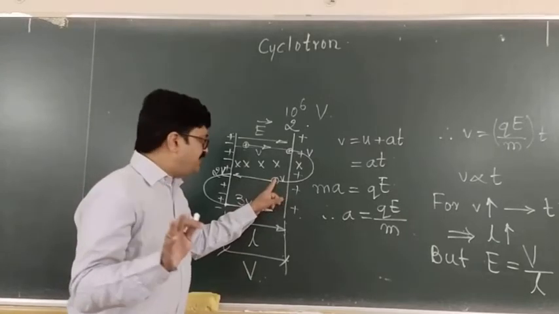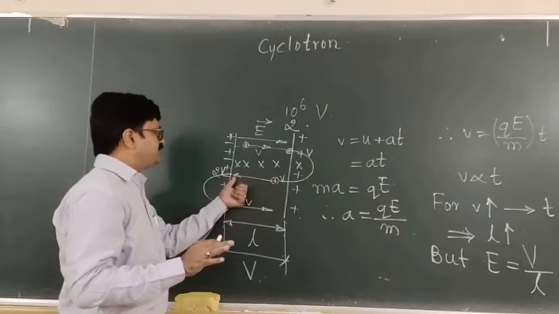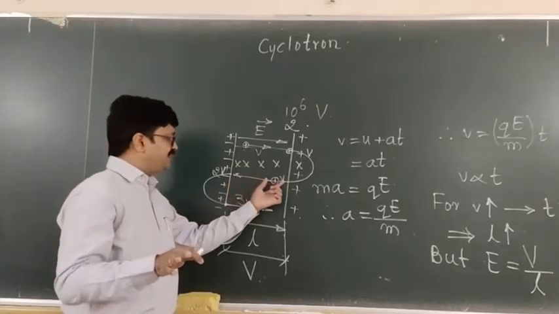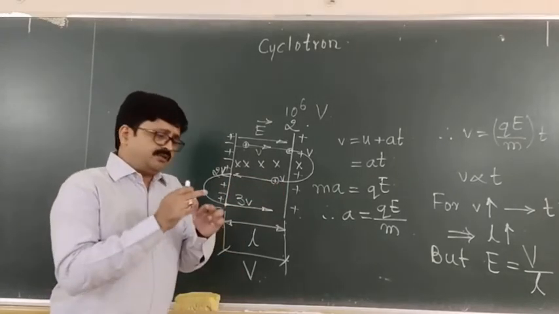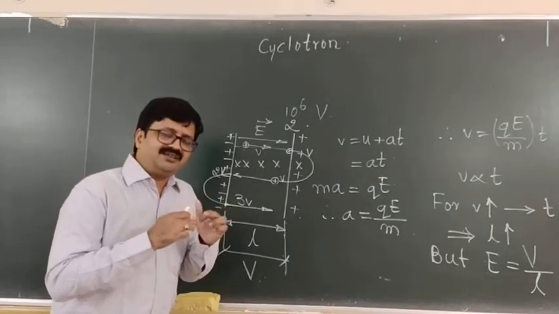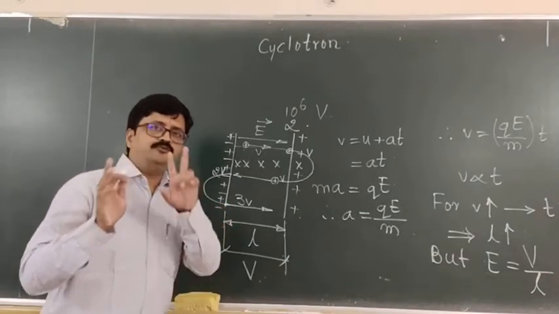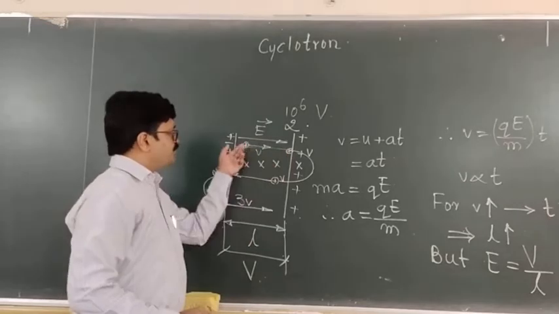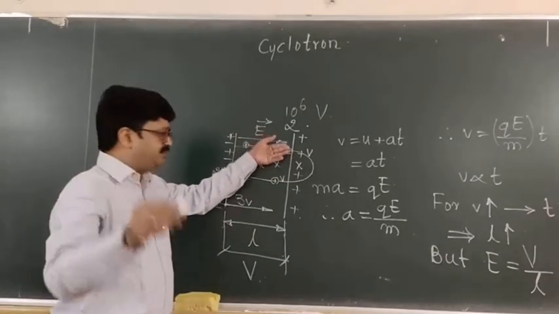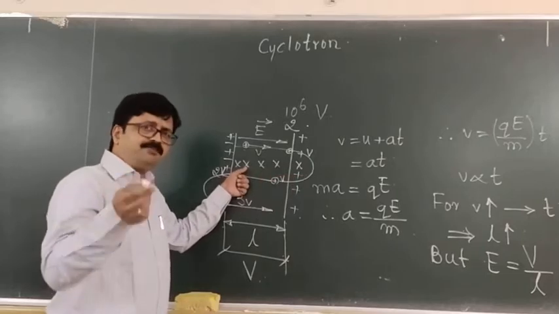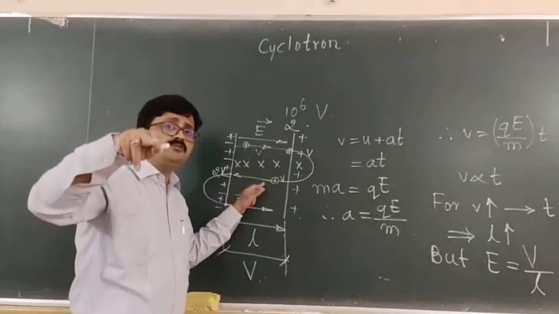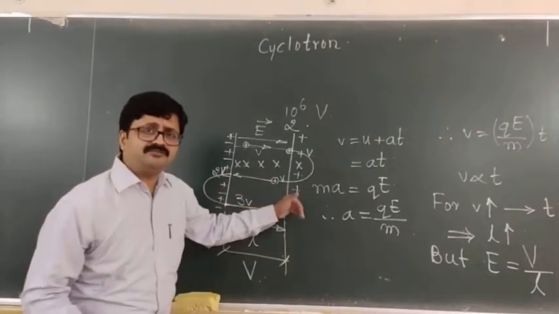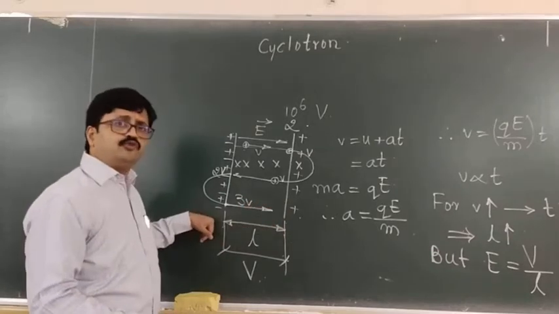Agree on this? Okay. When it is reintroduced, then again the charged particle will travel the distance of L. And under this scenario, again it will gain one more amount of V. So there is an increase in the speed by an amount of V after every cycle. Correct? After one motion from left to right, its speed was V. From right to left, again its speed gain is V, but the initial speed was how much? V. So V plus V becomes what? 2V. Then again it is reversed, then it becomes 3V. Then again the same process, 4V.